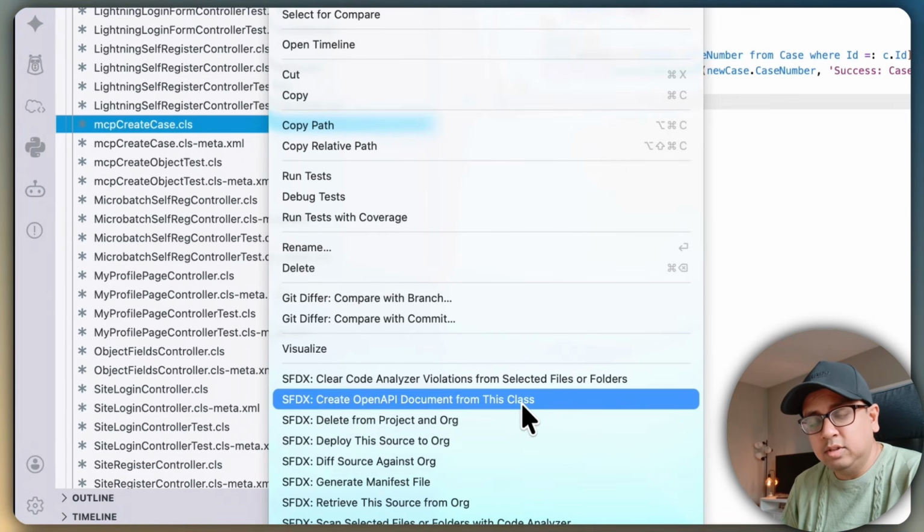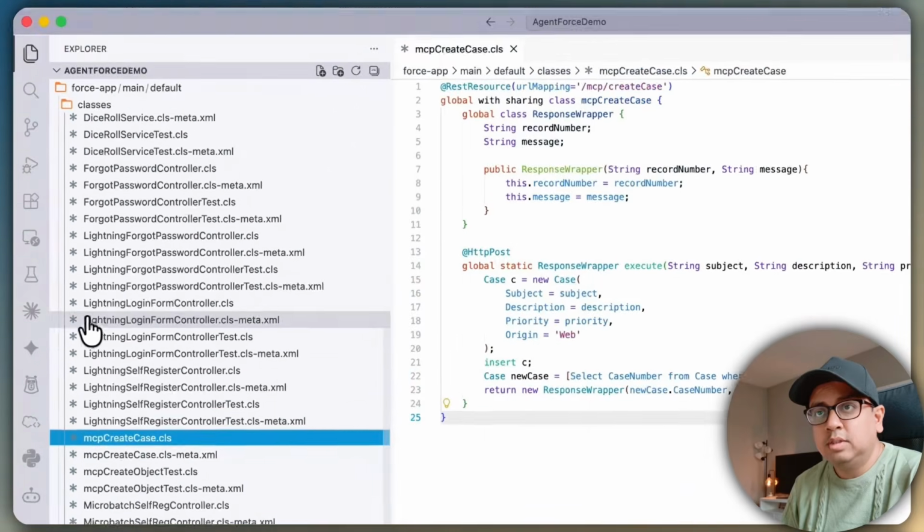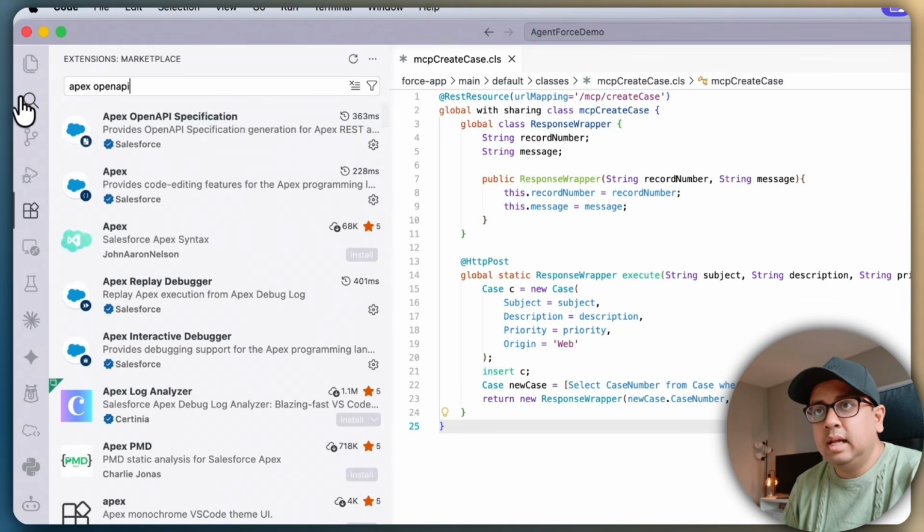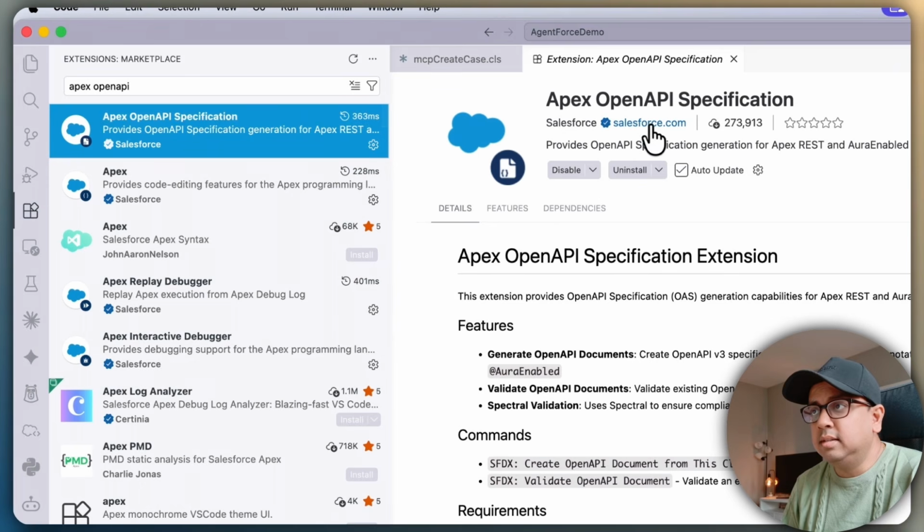If you don't find this option, it means the extension is not installed in your Visual Studio Code. For that, you need to go to the extensions, type Apex Open API, and then this one. This is the extension that you need to install. Once you install that,